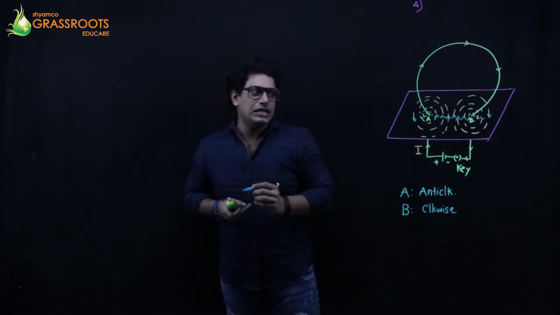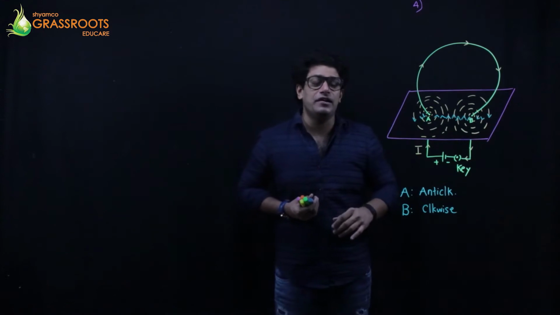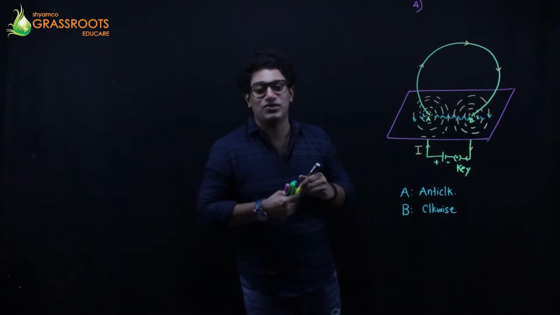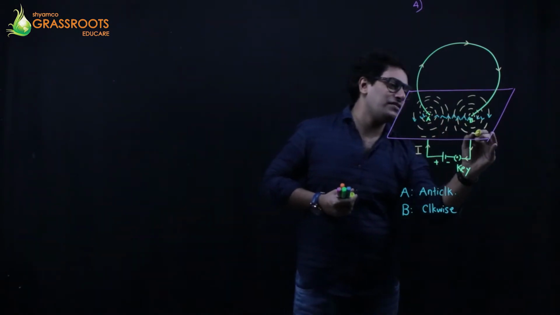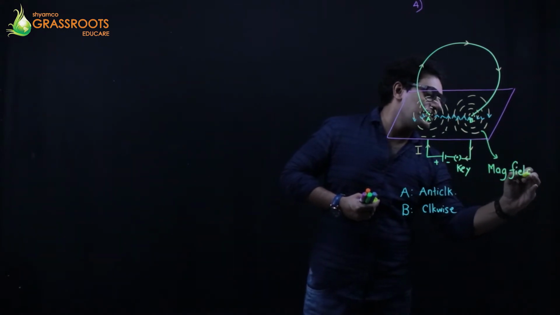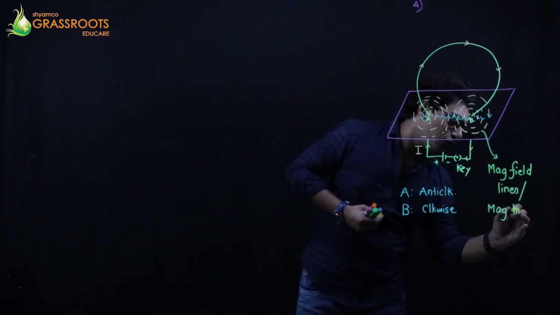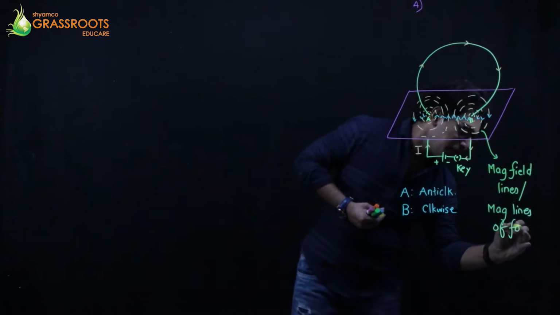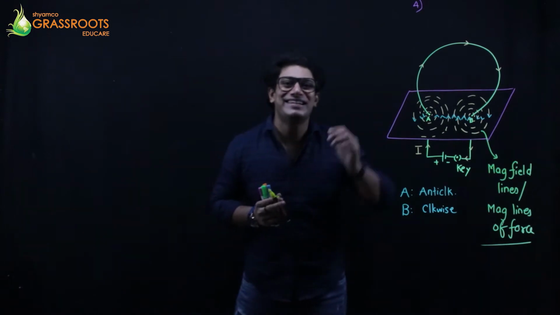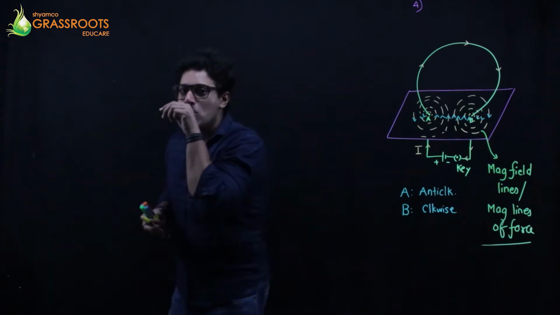Now in the book, it is given that the magnetic field, या इसको magnetic lines of force भी बोलते हैं. We call it magnetic force lines or magnetic field lines. These are also called magnetic field lines, or we call them as magnetic lines of force. ये जो magnetic field lines है ना, the ones which give the direction of the magnetic field. These lines are in the same direction.